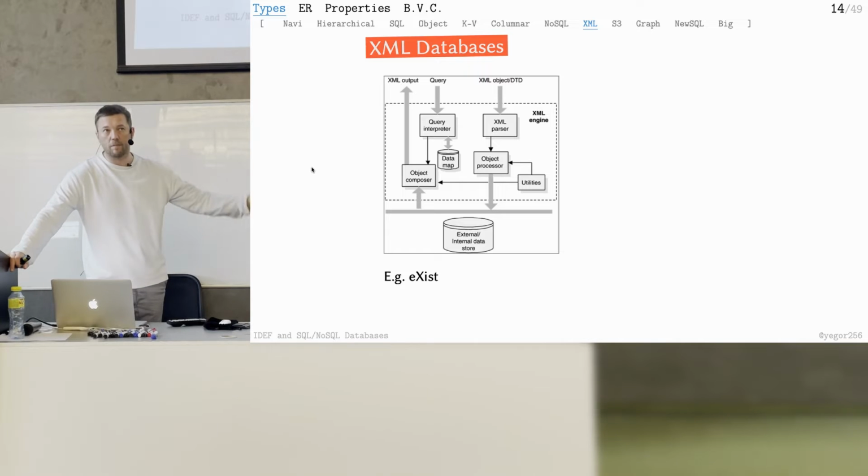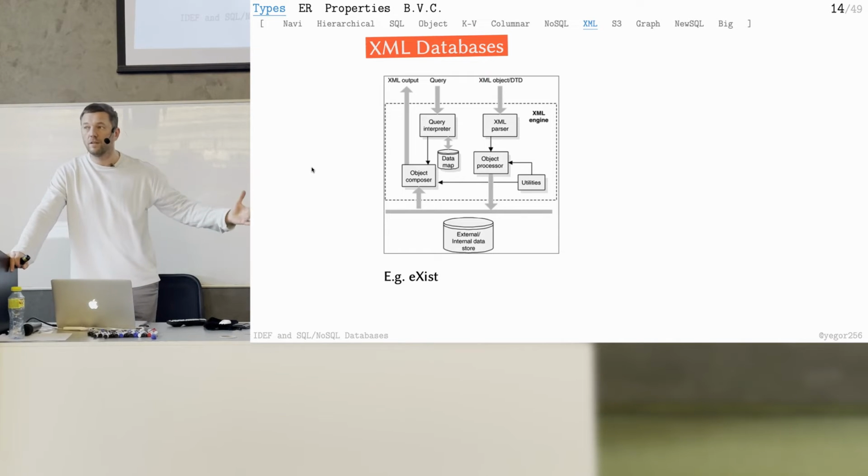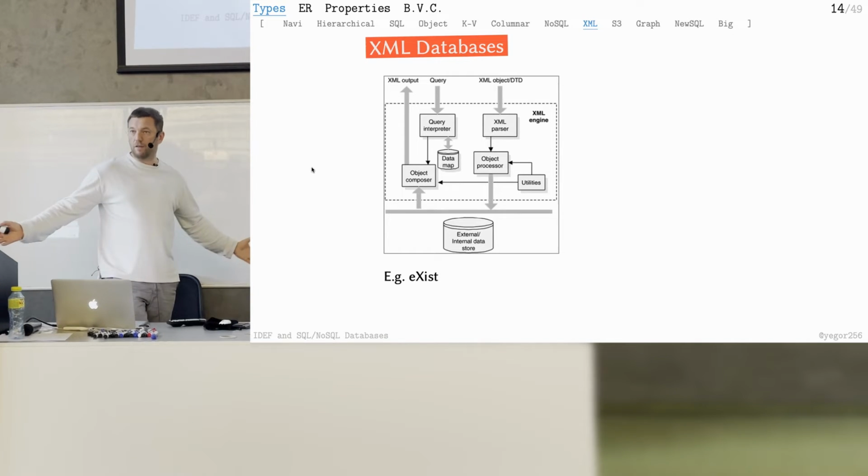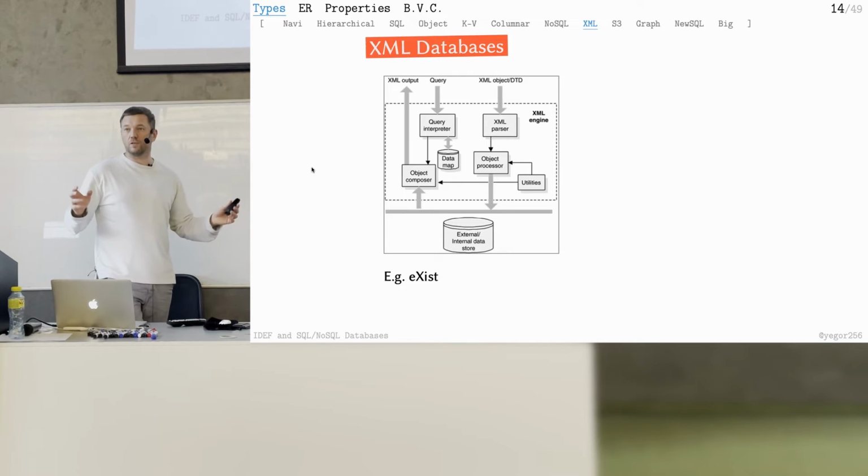And the database will somehow index those files, like prepare this information before you come with the request, and you will get the information. So it's like a collection of XML files with some layer on top of that, which will do some meta processing, which will know more about these files than just names of them. Because in case of a folder, you will have just names of files, and that's all you have.